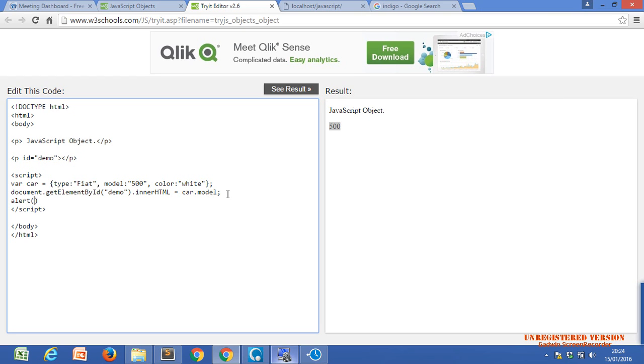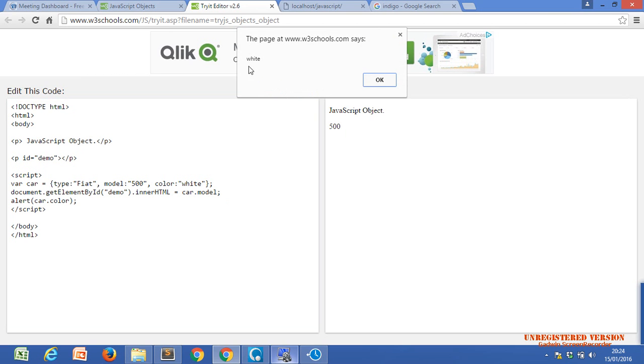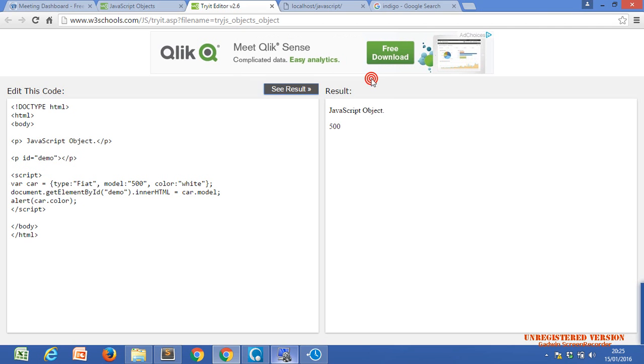Alert car dot color, so within the alert I will get white. Just see the change, white. You get the point, Kushi? So this is our object type variable in JavaScript.